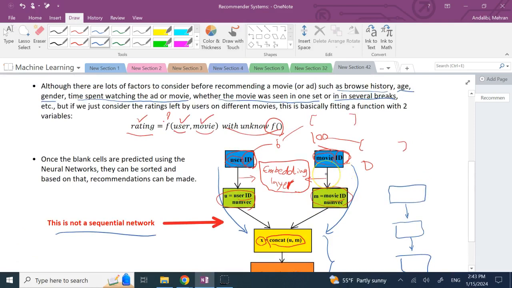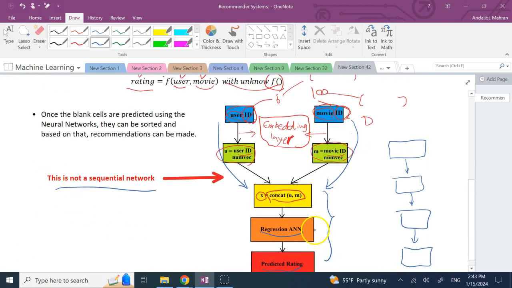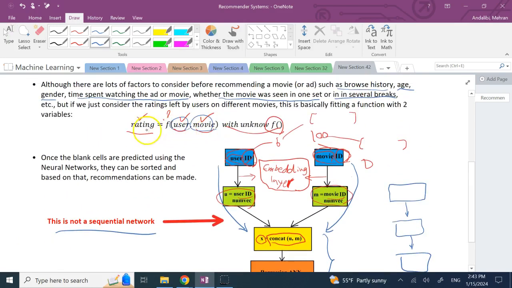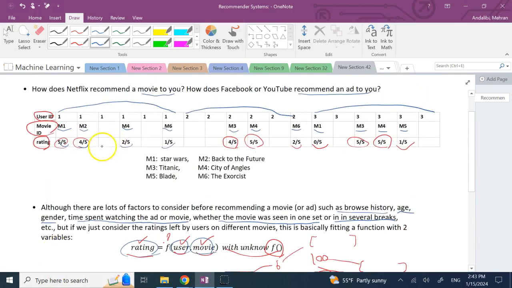So fine, let's say you formed a network and you did some predictions, you found a function f that now, if you give it a new user and a new movie, it can give you a new rating. Now, why would you need that? The reason is many of the cells are blank. Not every user watched every movie, okay? Because typically these Netflix, Facebook, YouTube, and so on, they have thousands and thousands or sometimes millions of movies or ads. Of course you could not have seen all of them.